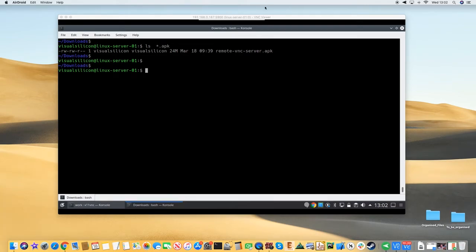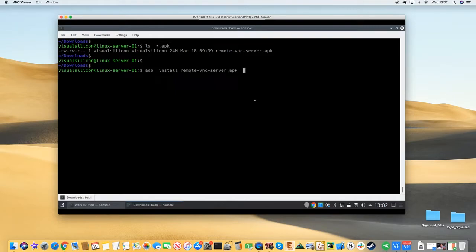In order to install this app, I actually did not install the app via the standard Google Play Store. What I did was I came to my Linux system, connected my phone via the USB cable that I have, and I typed ADB install